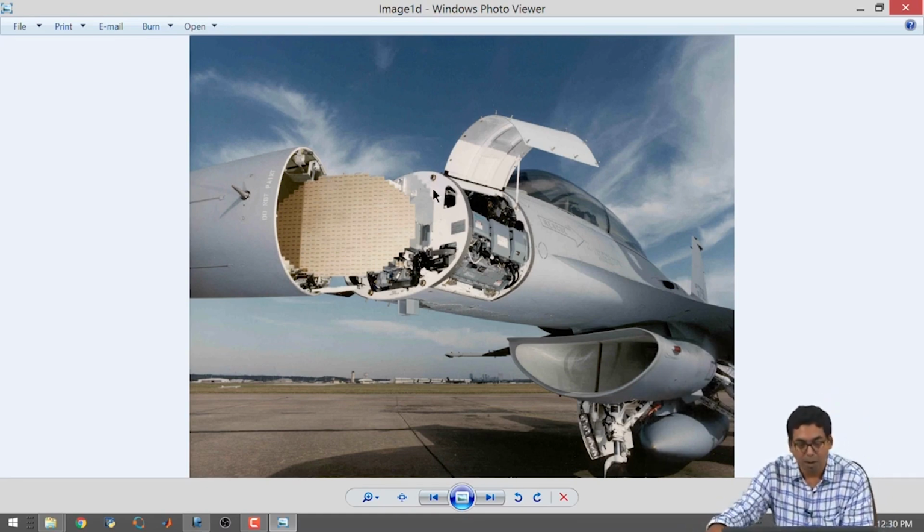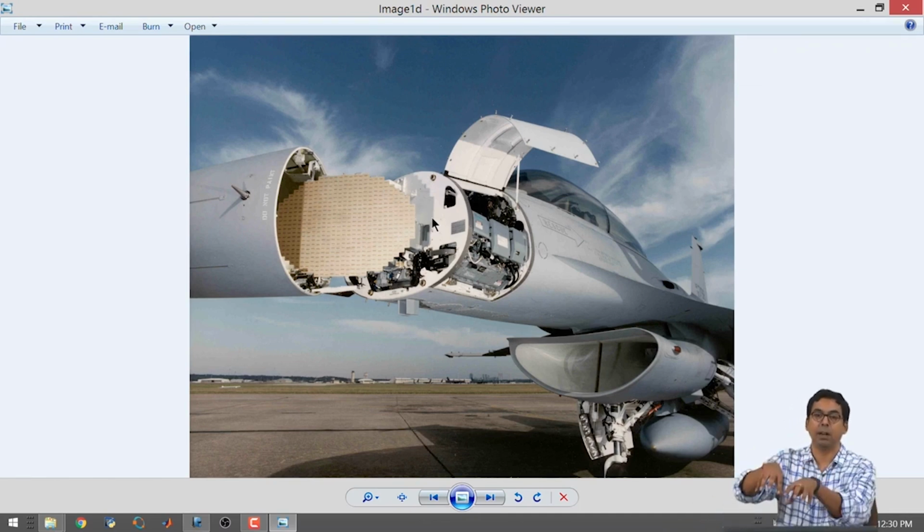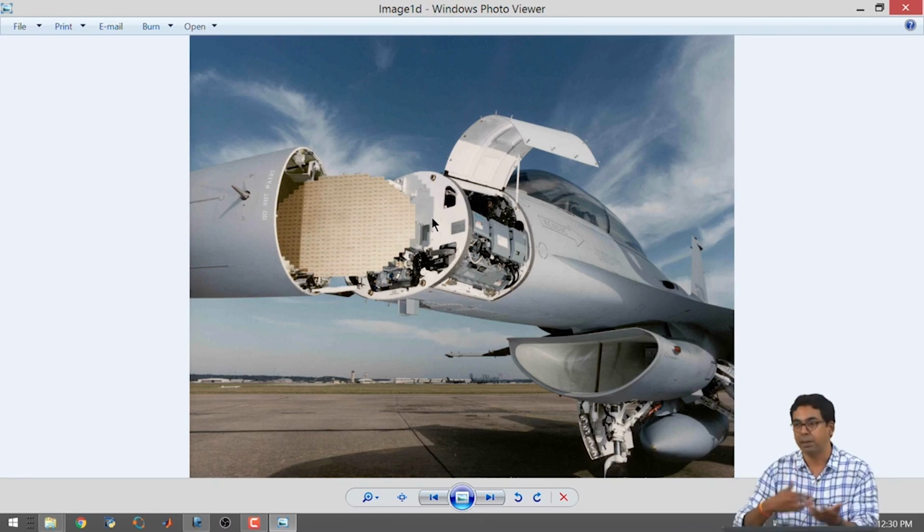Now, how the waves are transferred to a system that will do the analysis? If you notice carefully, there is a large number of slots present here. Each of them is connected to a waveguide, and the rectangular waveguide carries this information to a central processing place where it's converted into some other form, and an electronic analysis is done. In order to show you how that part looks like,